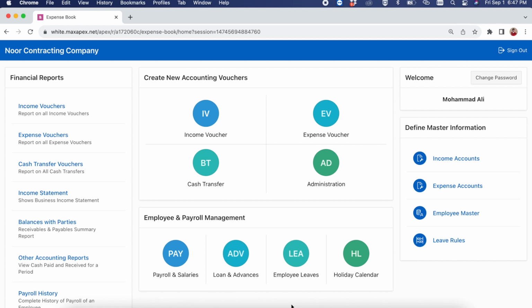Welcome to the video. In this video, I am going to show you HR and payroll software. This software is designed specially for small and medium-sized companies, and it has been designed in a very simple and easy way to use. In this video, I am going to show you the scope and the features of the